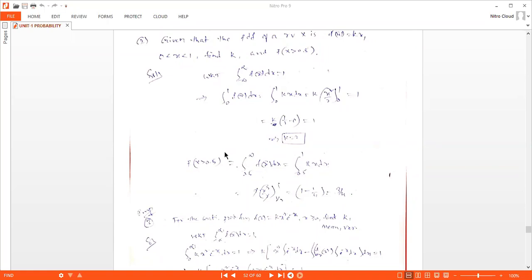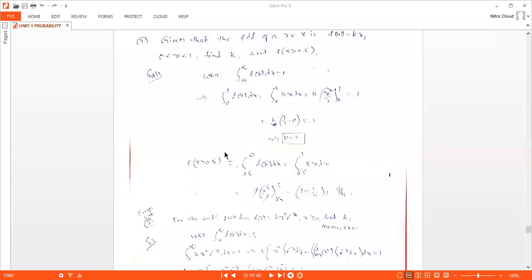But the function is defined in the interval 0 to 1. So that implies the integral from 0 to 1 of f of x dx equals 1. That implies the integral from 0 to 1, where the function value is kx, dx. By integrating and substituting upper limit minus lower limit and equating that to 1,